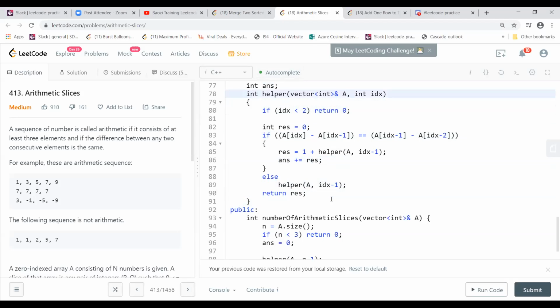So helper of a comma i represents the number of slices we have found till the index i, starting from 0. So you are saying helper of vector comma index represents the number of slices from 0 till that particular index. It is recursive, right?